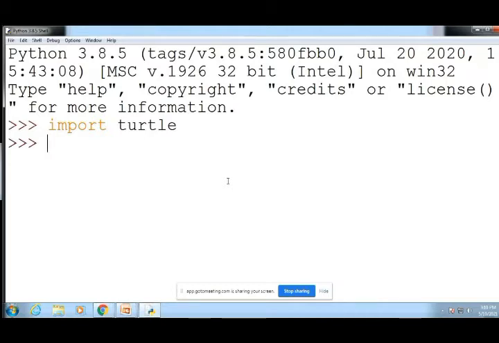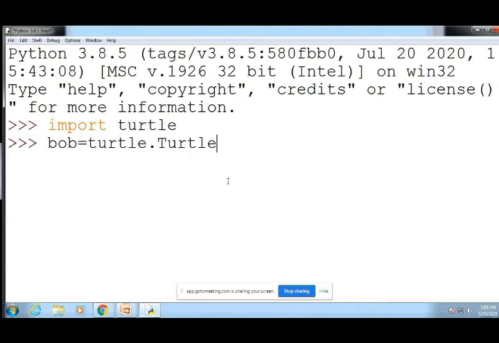Okay. Next, how to see the graphics interface? You will extract those things into a variable. Suppose here Bob is equal to turtle dot, how to access the methods from turtle by using the module name, turtle dot, another function is there, that is Turtle.